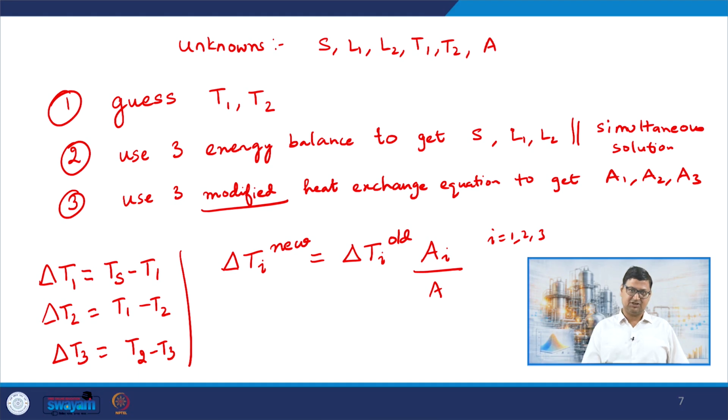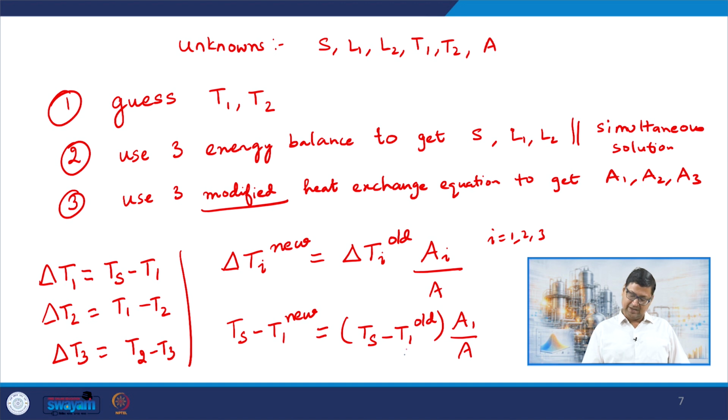Let me look at the first one, for example. So I have Ts minus T1 new is equal to Ts minus T1 old A1 by A. So for the old value, whatever I started with, I will get a new value of T1 from this equation, right? But I don't know A1 by A, right? But what I know